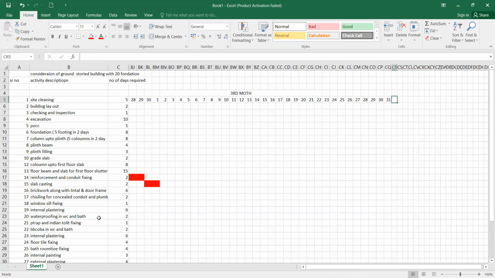So now what will be there? Then afterwards brickwork and lintel. What will happen? When you had a casted, after 14 days only, you'll be removing the beam bottom and everything. So there will be a clear cut 14 days gap. That is from 10 to 16, there won't be any activities. Okay. From 16, you'll be having 6 days. That is 22.